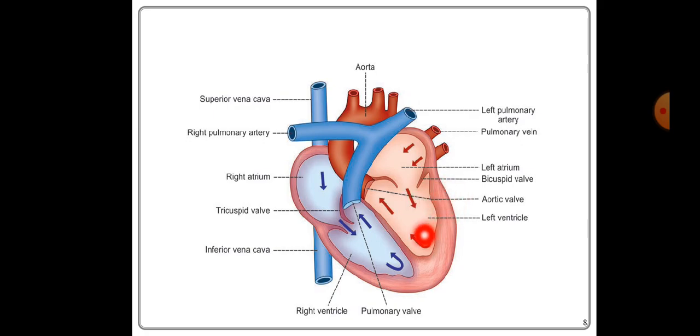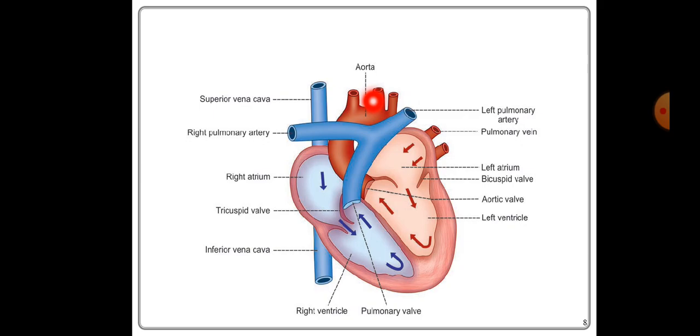So we can tell that the mass of the left ventricle is thick as compared to the mass of the right ventricle. This is just for the purposes of pumping blood with a higher pressure, as blood needs to go a longer distance. So we can see this wall is muscular. So the blood here now has to enter the aorta. So here you find the aortic valve, which we mentioned, right? So it goes to the